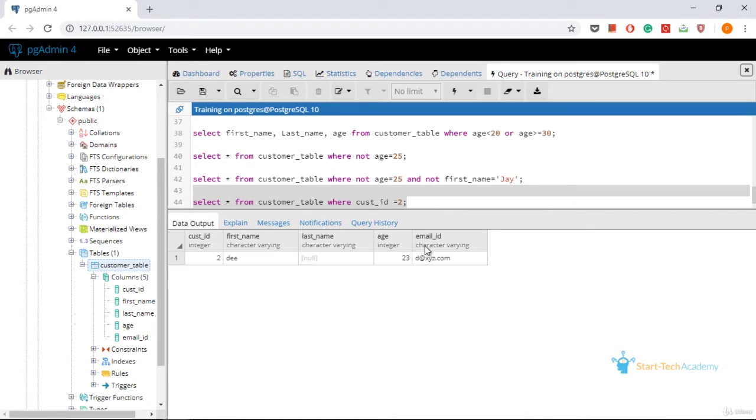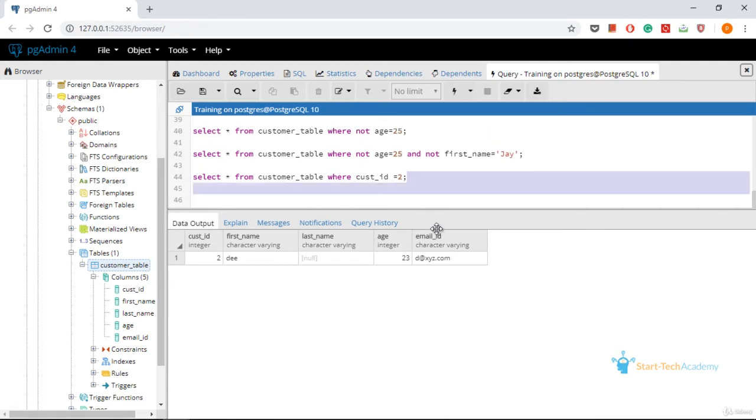We write update, table name, then we write set, specify the column name which is last name, then we give it the value of p, and then we specify the age column and give it a value of 17, where customer ID is 2.